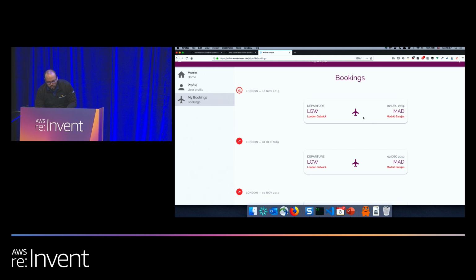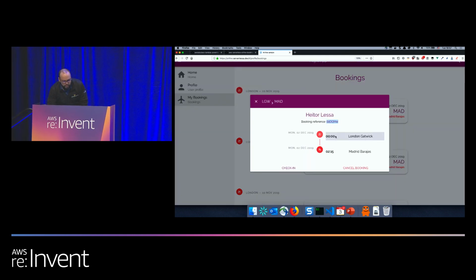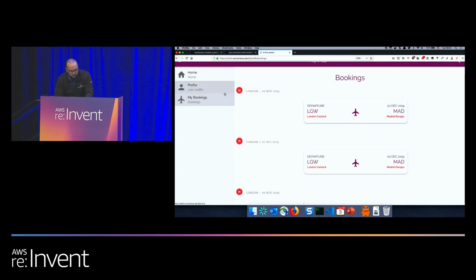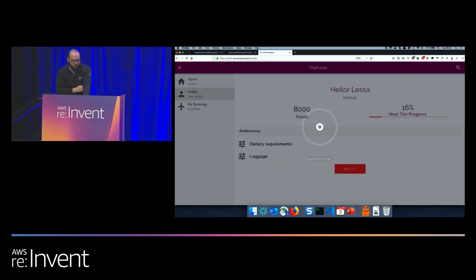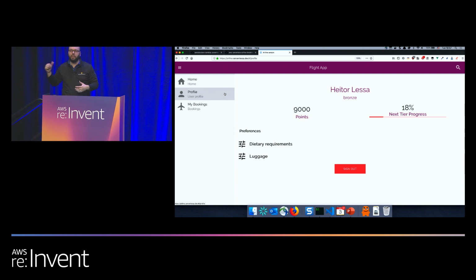And then once I click on my booking, I should be able to see the booking reference, where it goes. I could possibly cancel or check in. And because I made a booking, I should also be able to see those loyalty points increased now. And you can see it was. Behind the scenes,